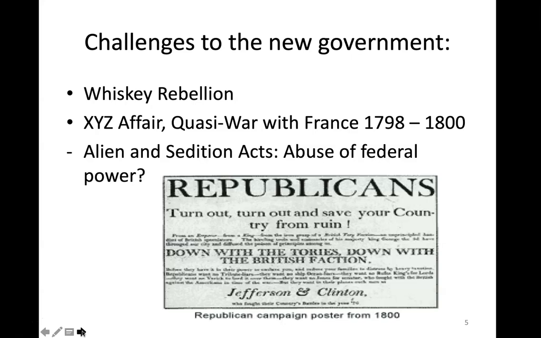So that brings up the question: during circumstances like war, is it permissible, is it justifiable for the federal government to suspend our rights? And this is a good question for your discussion. But again, with the Alien and Sedition Acts, this will be the first case where this is indeed done. It'll continue into the future. During World War I, for example, you'll see Sedition Acts where it became illegal to protest the war. And probably the most egregious example of this would be the internment of Japanese during World War II. Okay, so we'll now continue to the next video.